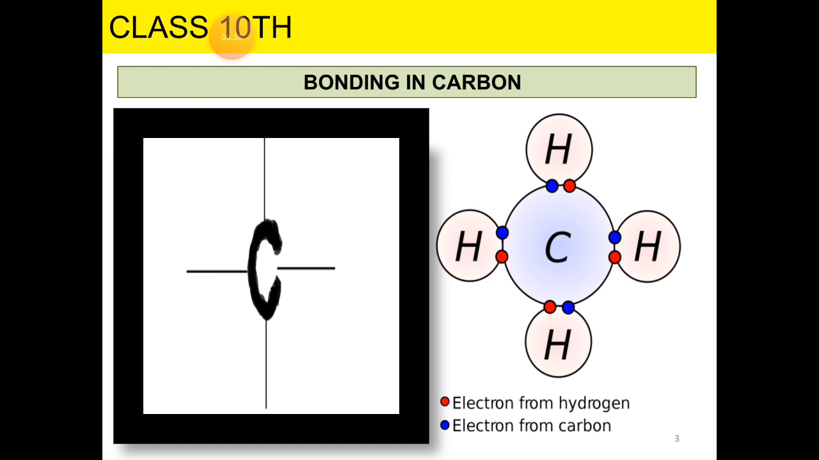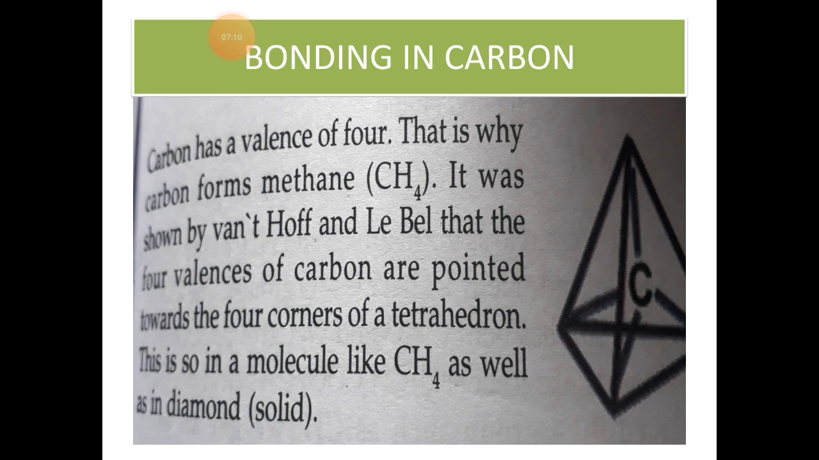And on the right side of the diagram, we know that the atomic number of hydrogen is 1. Hydrogen has 1 electron in its outermost shell, and that outermost electron is its valence electron. So 4 hydrogen atoms, each having one valence electron in their outermost shell, create bonds with the 4 valence electrons of the carbon, as you can see in the diagram. 4 hydrogen atoms are attached to the carbon. Carbon has a valency of 4. That's why carbon forms methane, CH4, as you saw in the previous